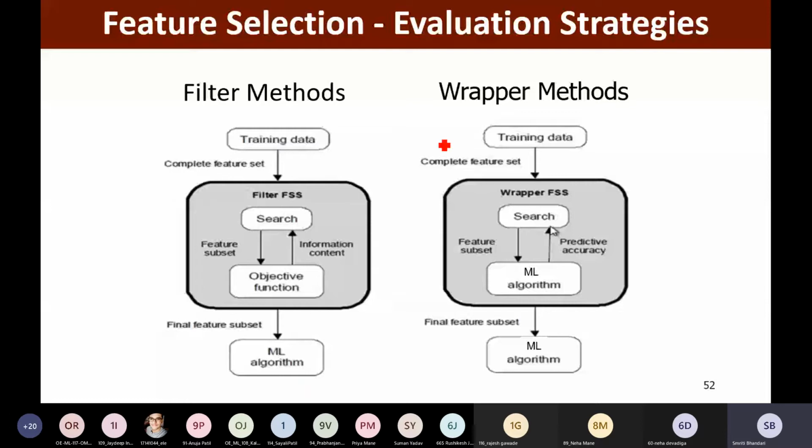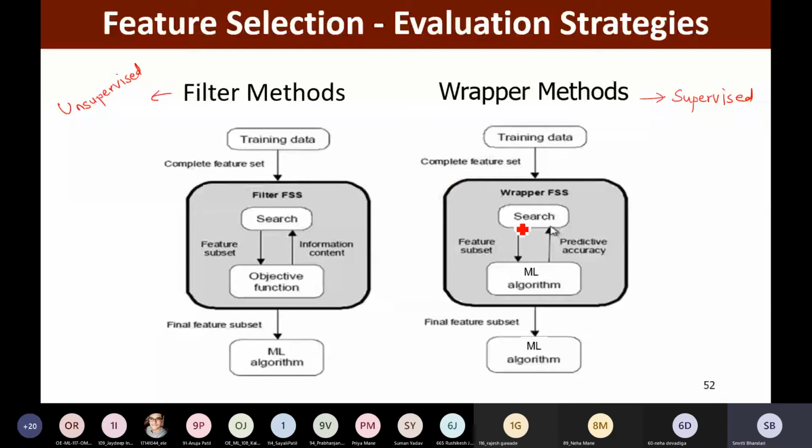Whereas in wrapper methods, the wrapper method is also known as the supervised methods, and these filter methods are the unsupervised. In case of wrapper methods, once again we are having the training data, the feature set, and there is a search algorithm.